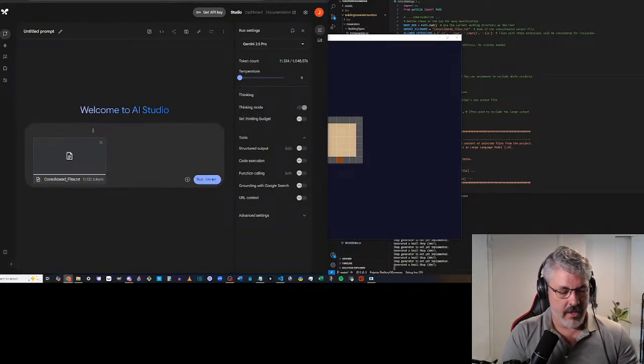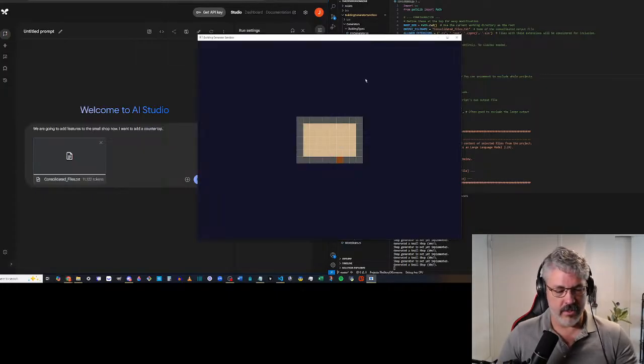Okay, so we are going to add features to the small shop now. I want to add a counter. I had already given rules about the countertop for the inn, so check it out.